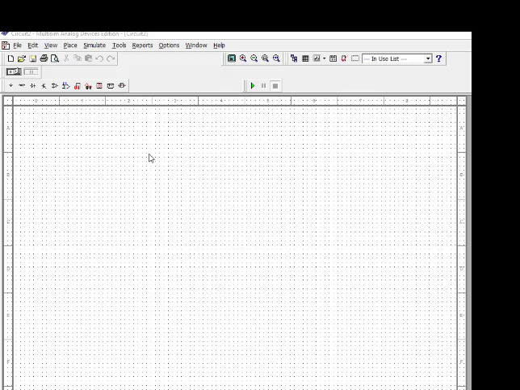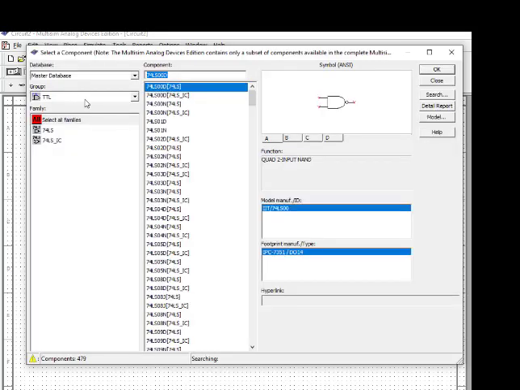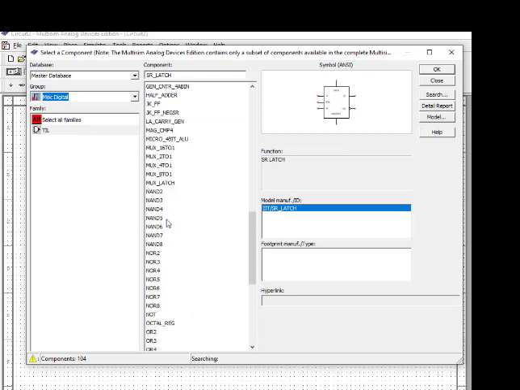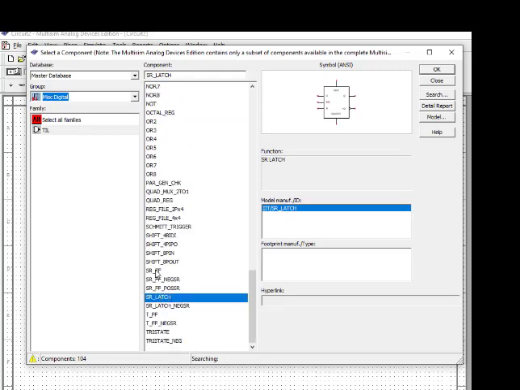Today we'll be studying the working of flip-flops. Either we can design them in this particular software, or we can use gates to design the flip-flop, but here we can see flip-flops are directly available. As you can see in this option, we have SR flip-flop, various types, negative and positive clock.